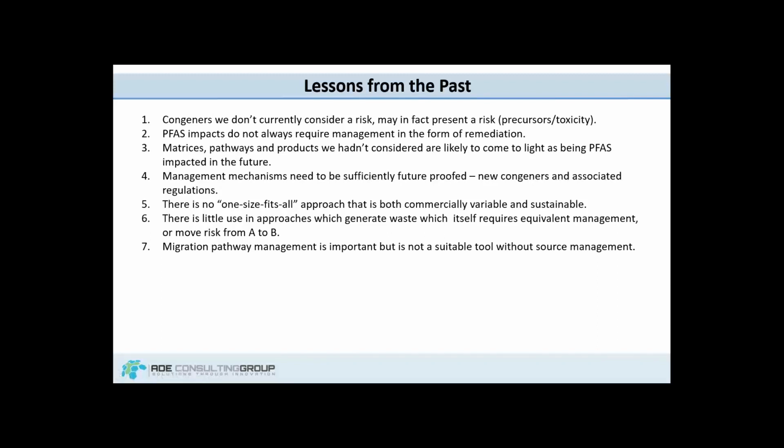But not too long ago, we didn't consider any PFAS a risk. There's a number of different congeners out there, and some of those that we don't currently consider a risk may, in fact, later prove through toxicological studies to pose a risk, and we need to be prepared for this. This is not how we've addressed things in the past. In the past, we either said there was no risk, or we focused in on some compounds, then decided, okay, well, if the 8-chain carboxylic acid poses a risk, let's go have a look at the shorter chain. And then we've had to update our approach based on the behavior of that shorter chain, which we have now determined potentially does pose a risk.